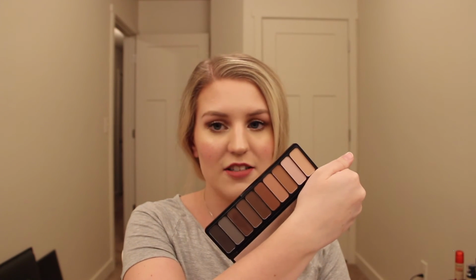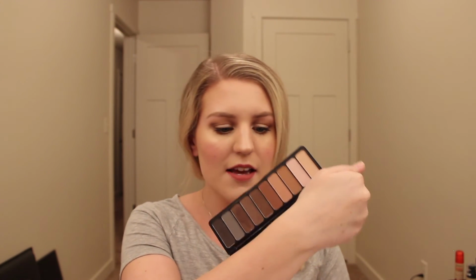Alright, the next product is another product that I mentioned in my top 10 under $10, and as I mentioned in this video, this is technically right on the $10 price point, but it's well worth it. This is the e.l.f. Mad About Matte palette. As the title says, it is a strictly matte palette, and there's 10 shades in here, and they